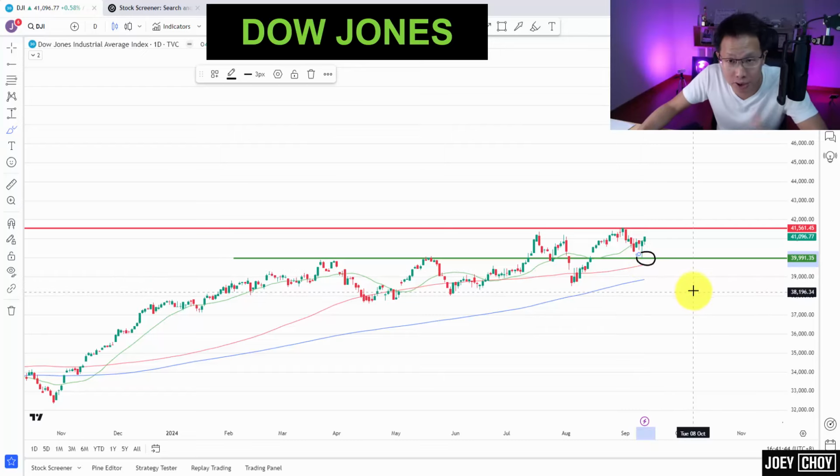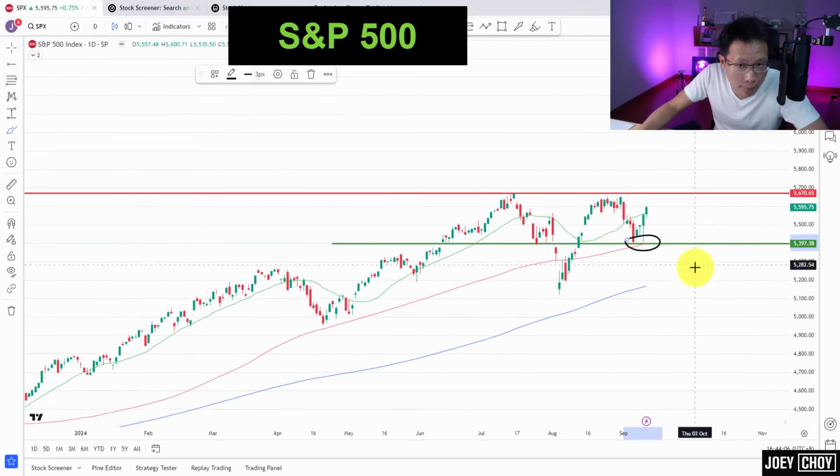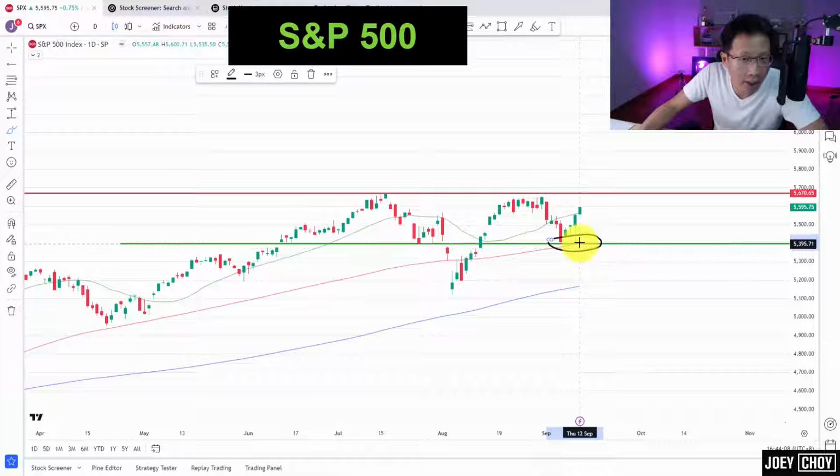Good buying pressure coming back as we headed towards 40,000. Could even be a bull market as we stay above 3,500. Bullish candles about 2 days back, same thing, right? The market sold off. So with the Federal Reserve finally cutting rates after almost 2 years, we are starting to